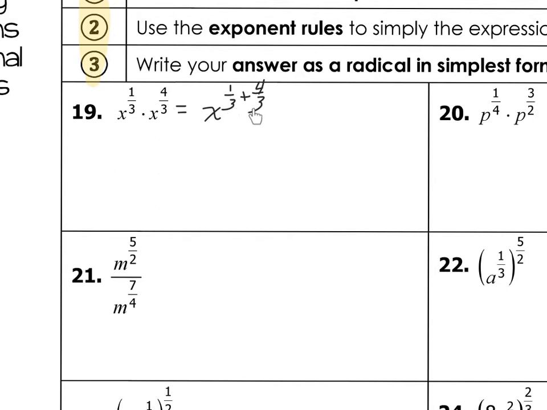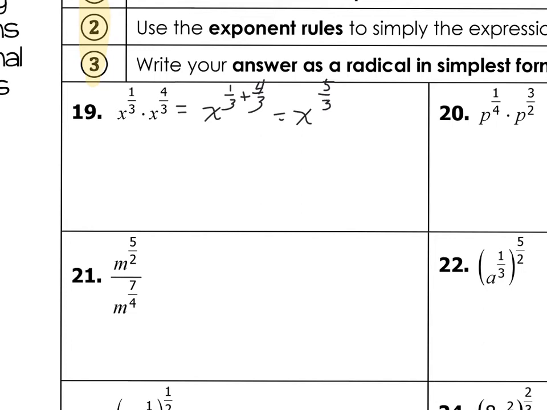And what's nice is when you add fractions, remember you have to have like denominators, and in this particular case we do. And so once you have like denominators, you just add the numerators. You do not add those denominators. So we get x, 1 plus 4 is 5/3. And so then we want to put that into radical form, and we want it to be simplified as much as possible. So remember, if I cover this up, that 3 is my index, I'm going to have x to the 5th